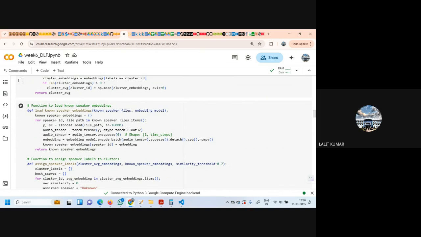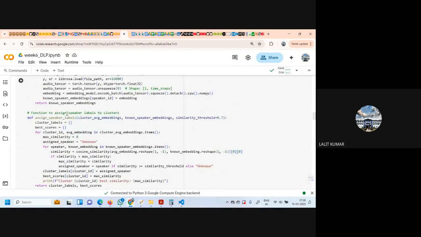Then from the file path we are getting the audio tensor from this Y, unsqueezed at 0, and again we are getting the embeddings of this using the embedding model. And then we are updating the known speaker embeddings with the speaker ID, so it will pass the embedding to that. This will help us to club those clusters with the same speakers.